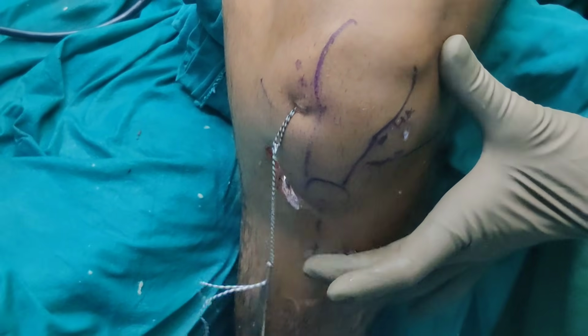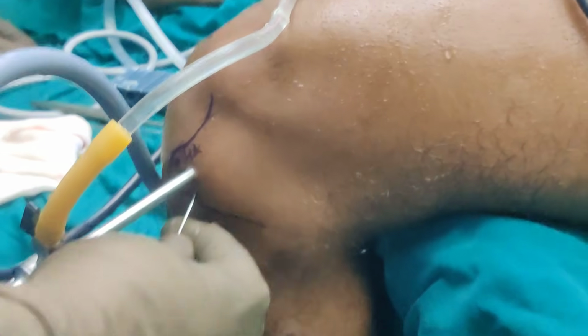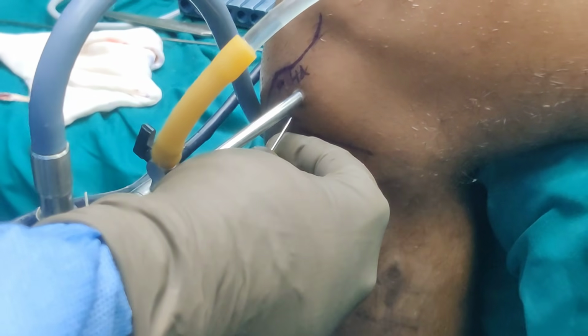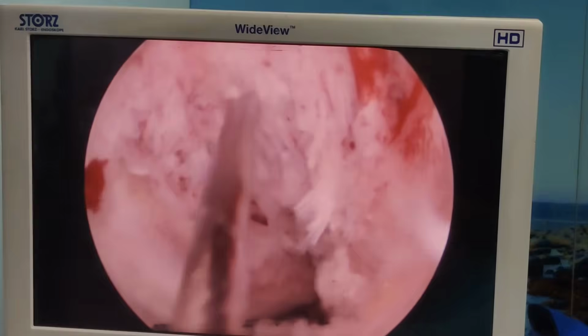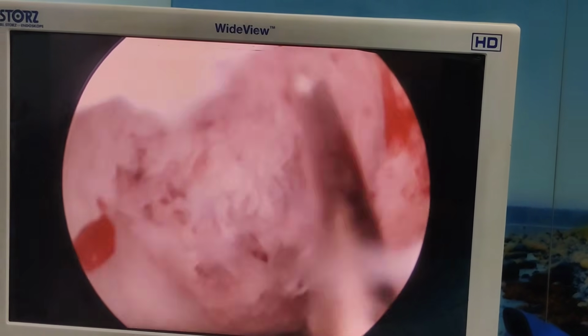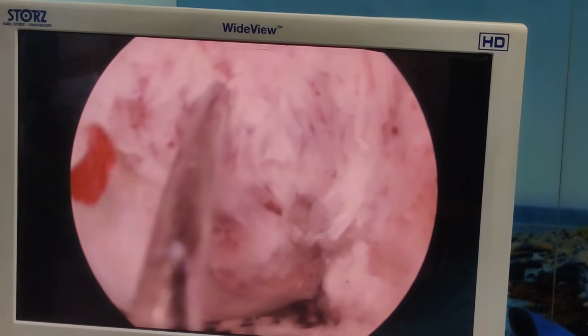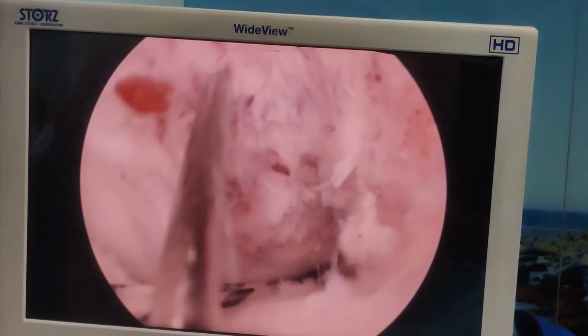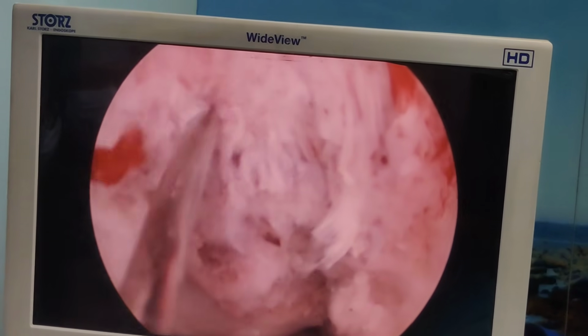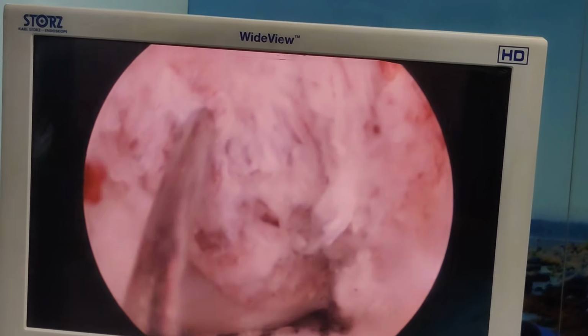Now you must be wondering at what point we are going to make the lower anterolateral portal. So this is the point. I'm just using a needle, and under direct vision I need to have access. So I'm just going to pass this needle and then show you on the camera. We talked plenty about the anterolateral portal. So this is our articular surface. This is high, right up to the notch. So our anterolateral portal will be somewhere there. So I have got this access. Now I have ensured that through this portal I will have access to the anterolateral portal. So I'm just going to make a stab hole with a knife, and then we are going to make